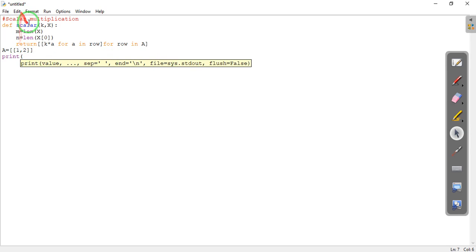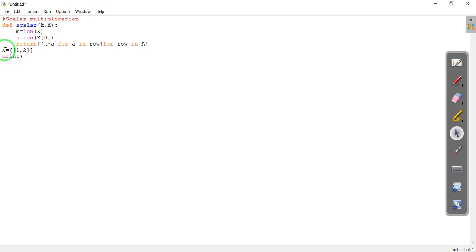We have defined these functions scalar times x. Let me take x here. Okay, print scalar, let us take that scalar k to be 10 comma x, and close the bracket, and again we need to close the bracket.